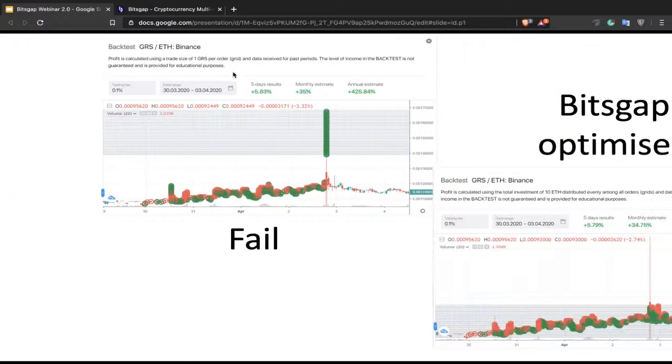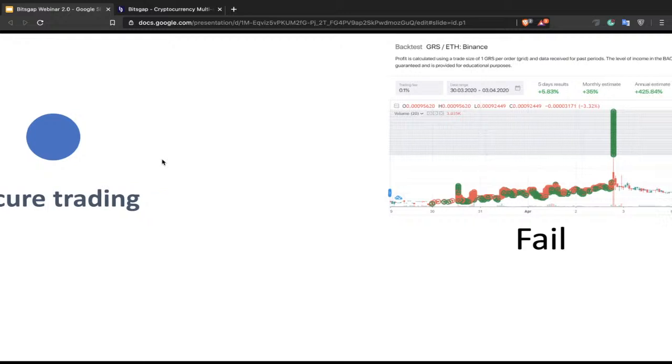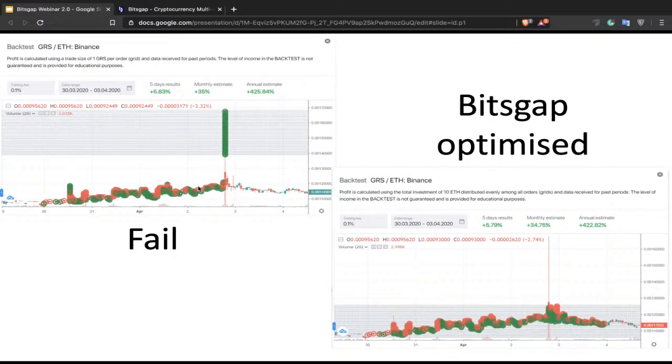Secure trading, yes, in SBot we have this optimization. So here's the thing: on the left side is the chart of GRS trading to Ethereum without optimization, without, as I call it, secure trading. So here, without this optimization,